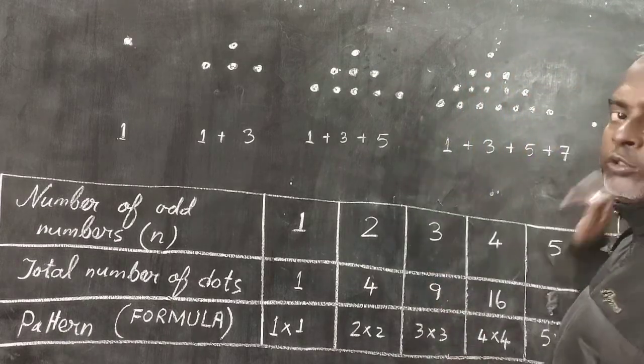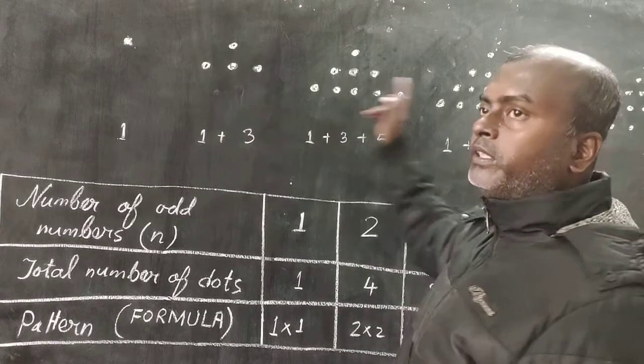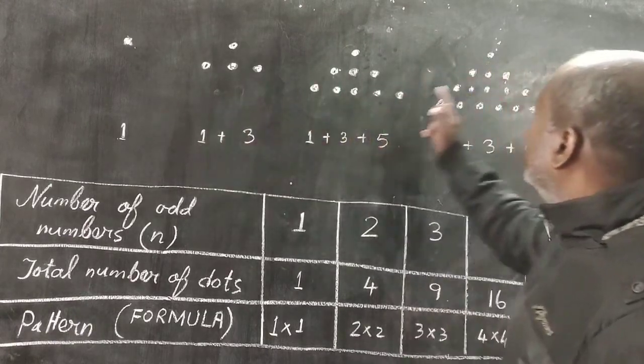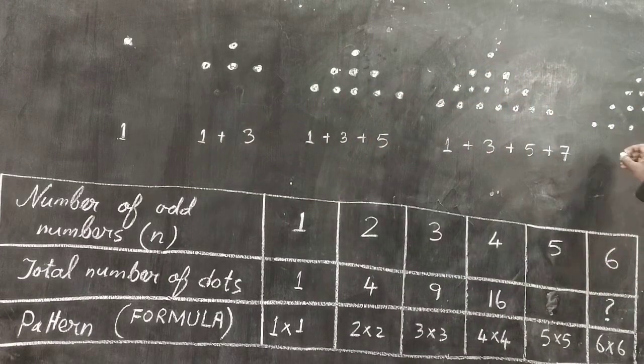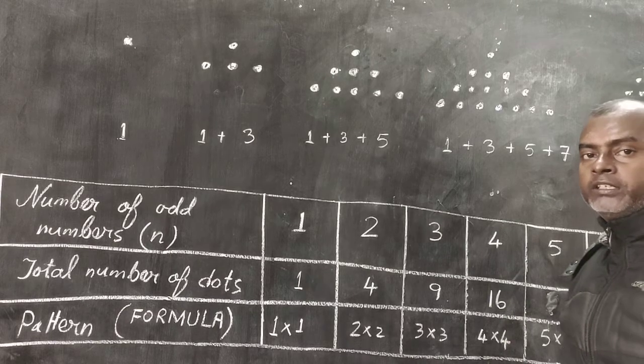So I think you understood here. The cases over here, there are now 1, 2, 3, 4, 5 cases given. This last case that I just drew has first 1 dot, then 3 more dots, then 5 more dots, 7 dots, and at the end 9 more dots. I hope you get it.